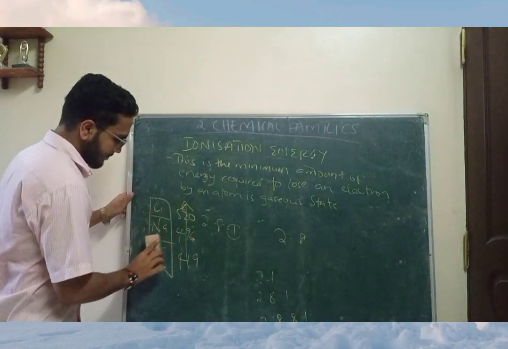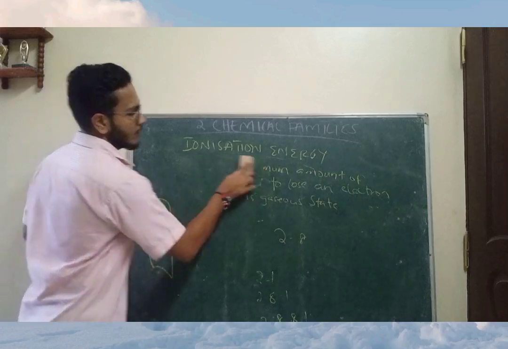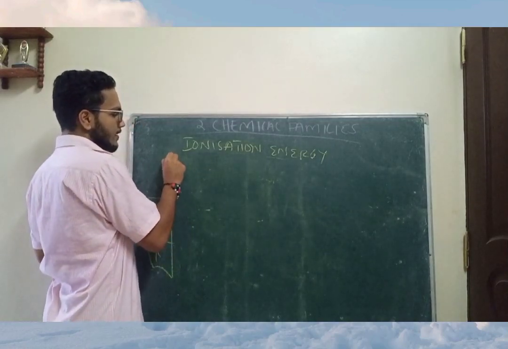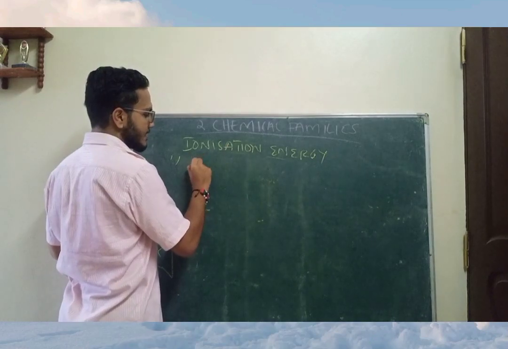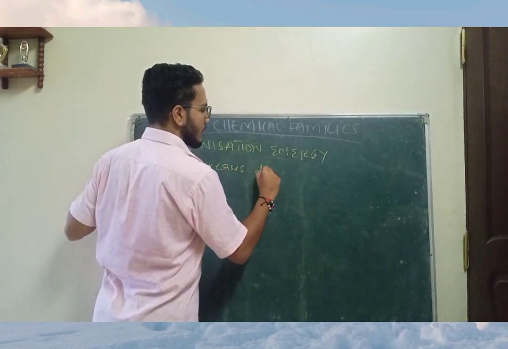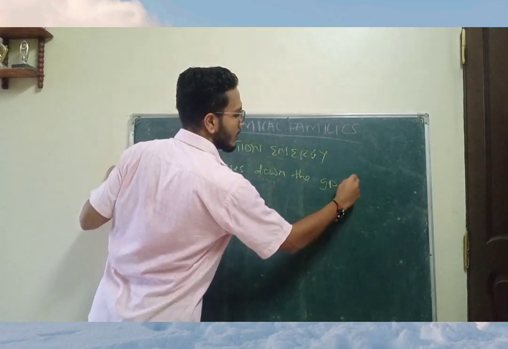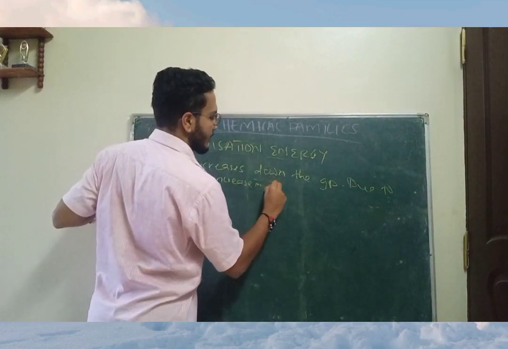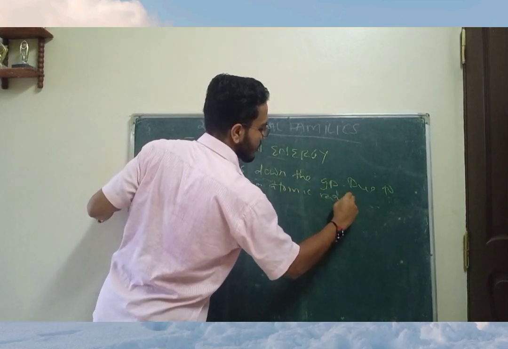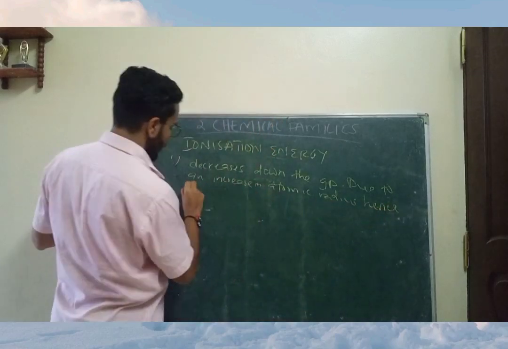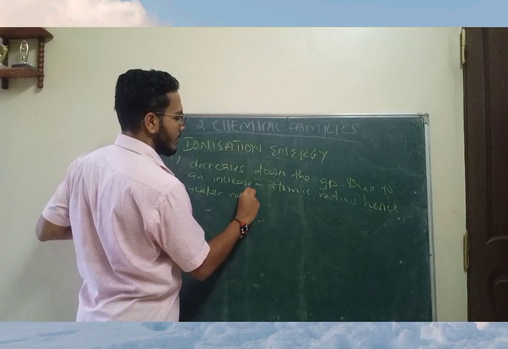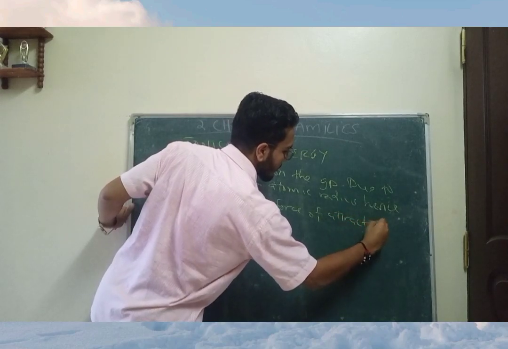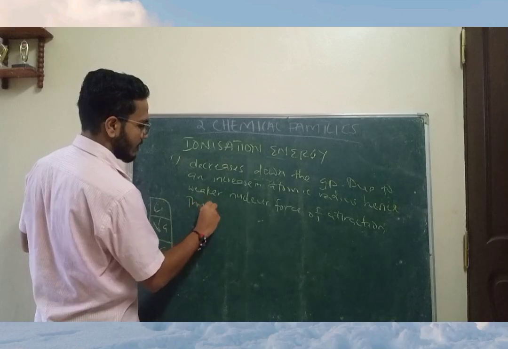Let's put this in writing. Ionization energy, I won't write everything, but ionization energy decreases down the group due to an increase in atomic radius, hence weaker nuclear force of attraction. Thus, the